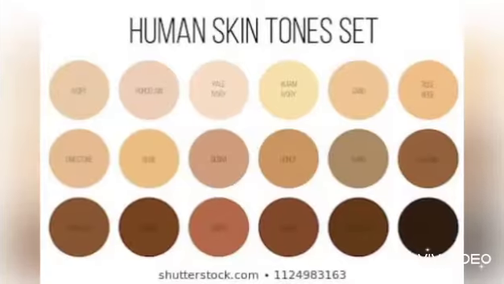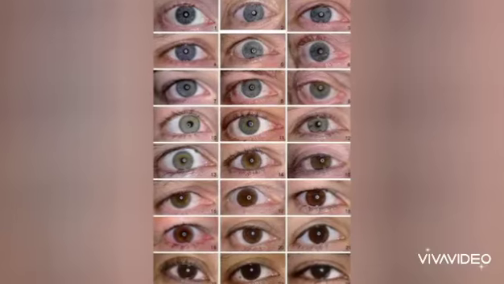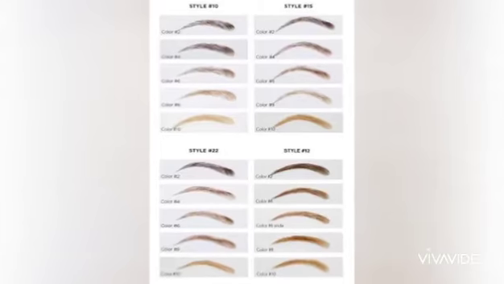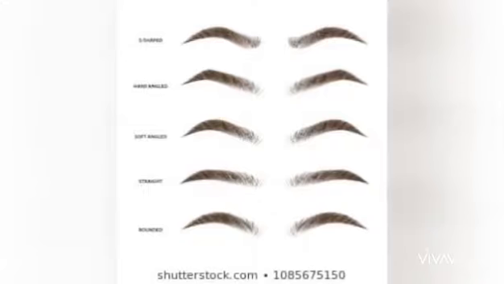Skin color, nose peak, eye color, color of eyebrows, average distance between eyes, eyebrows, eye shape, beard style, chin types, nose, nose length, forehead and cheek, ears, hair, ear, types of lips.